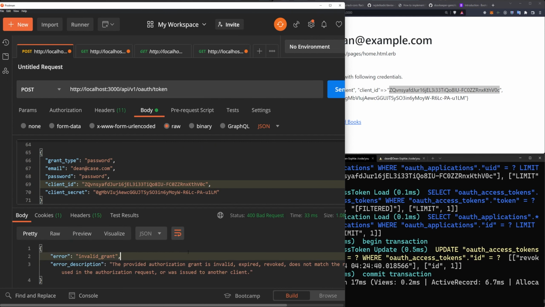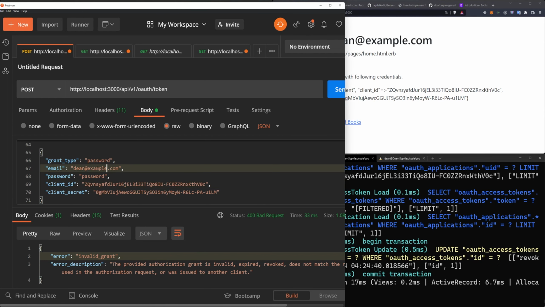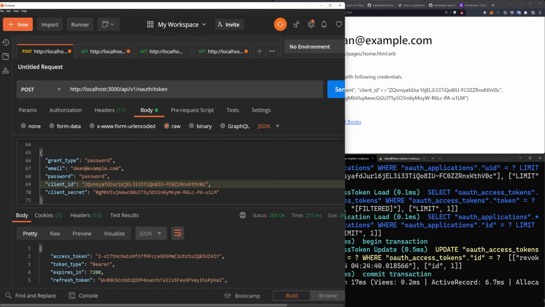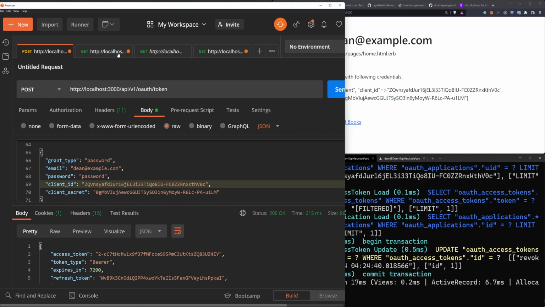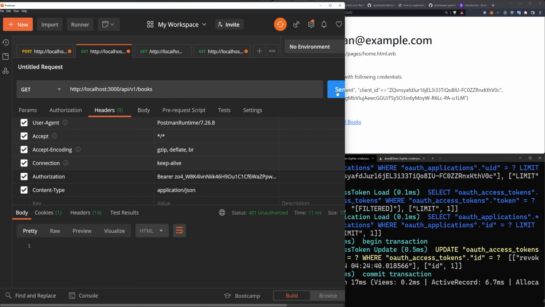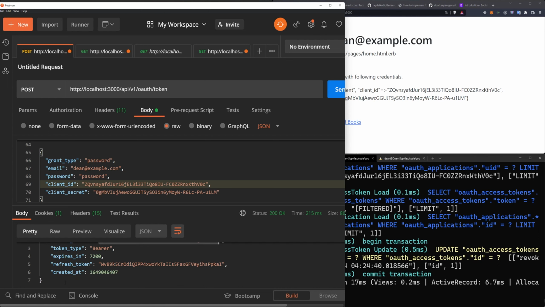And we're getting an invalid password grant here because this needs to be dean@example.com. So we can see at least that works. And now we can log into the dean@example.com. Now this one doesn't have a response that includes our role, but we should now be able to access both the books. If we grab the token here